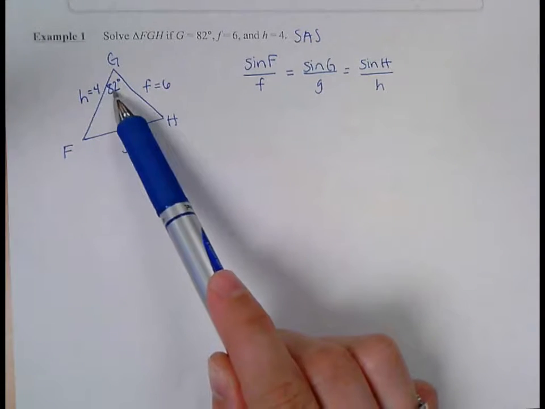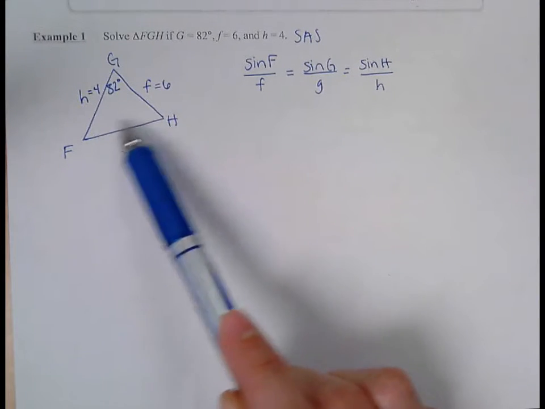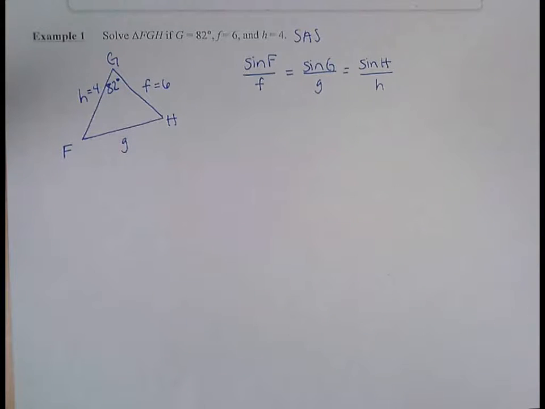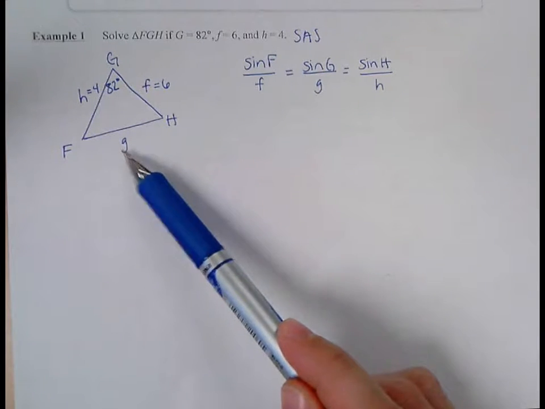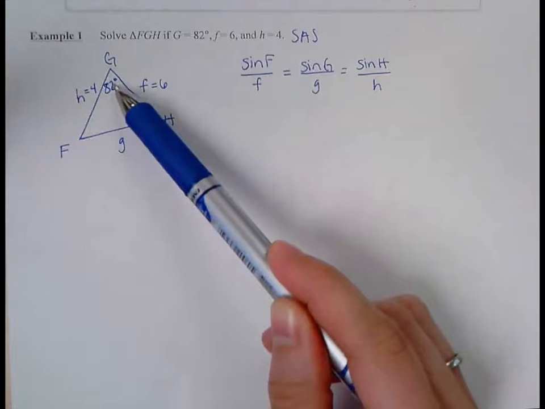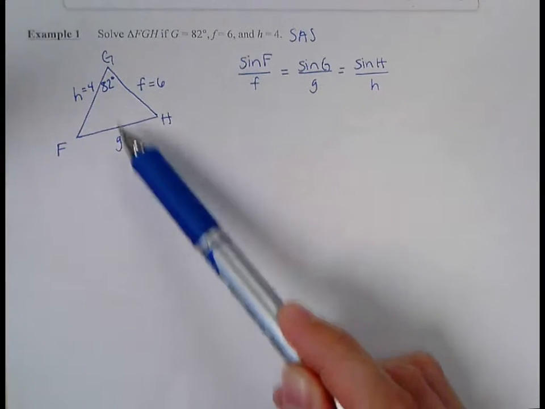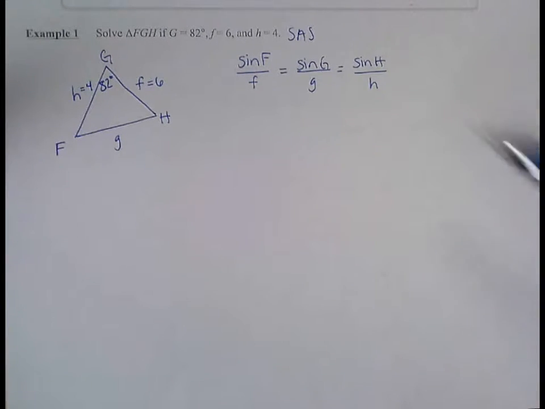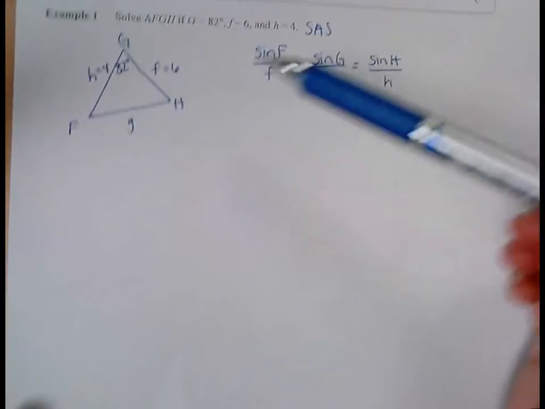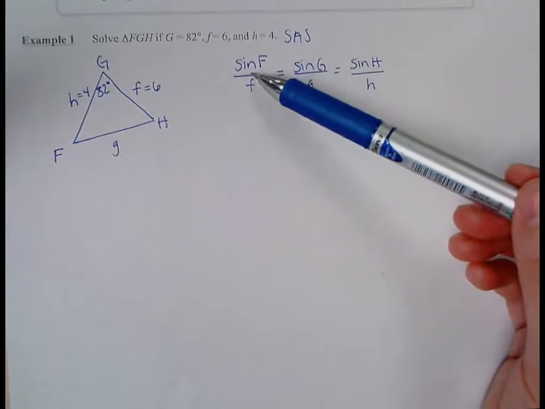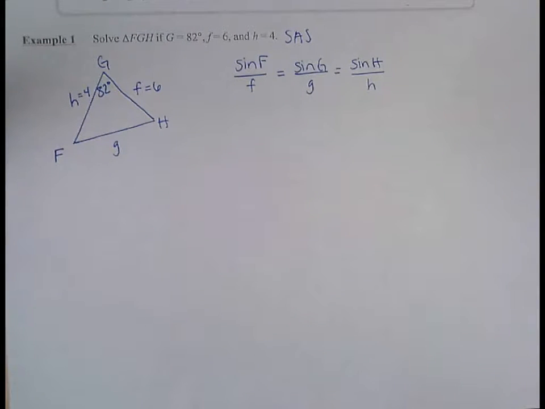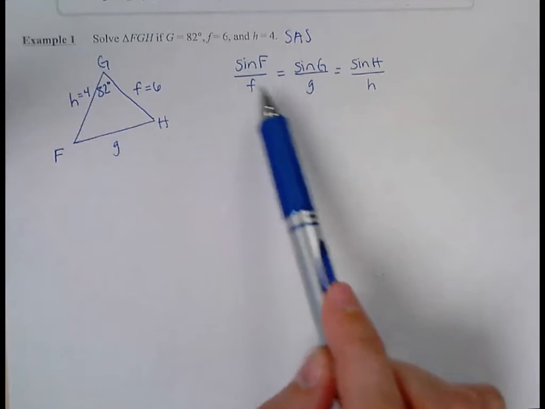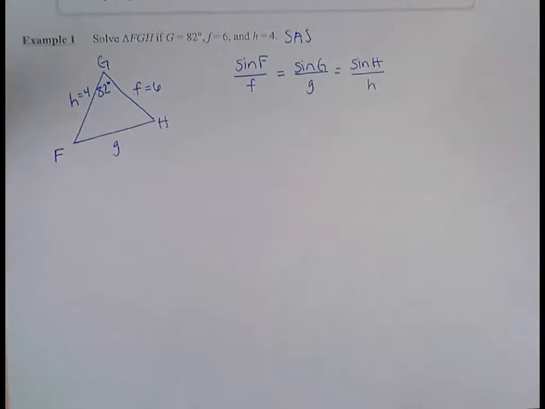Right, we have one angle, so there's no way right now for us to find the other two any other way, and we don't know the side opposite the angle. So you have to know an angle and its opposite side, or at least be able to easily find that. In order for law of sines to work, you have to have a full ratio, and right now if we filled in what we have, we have one thing for each ratio, but we don't have a full ratio. So we can use this later in the problem, we just can't use it in the first step. So then I need to use law of cosines,